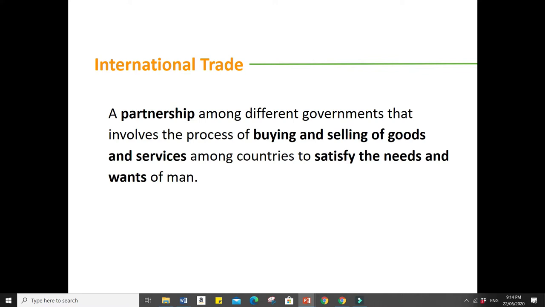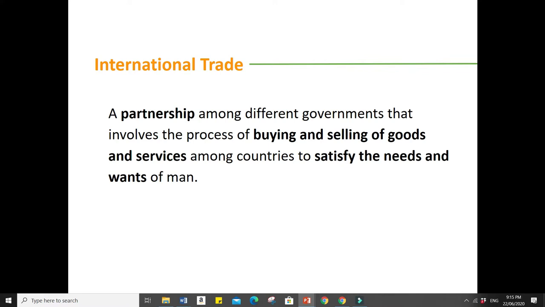What are these? First, why do countries trade with each other? Another is, why should there be a movement of capital and labor between countries? And then, what is the benefit of specialization of products? Is there a benefit? And international trade is basically the application of both macro and microeconomics.